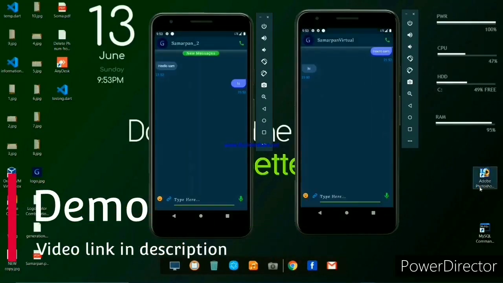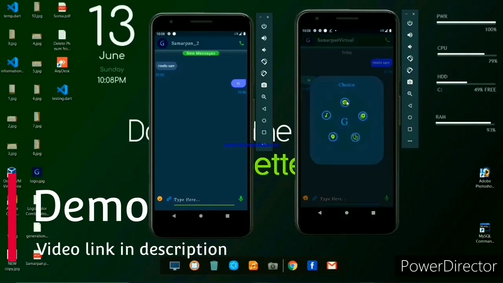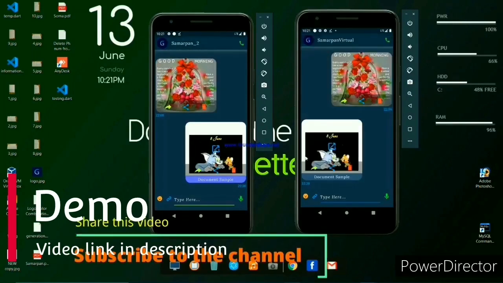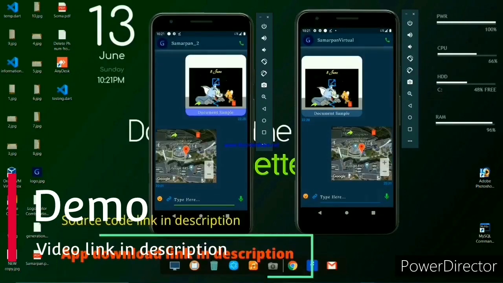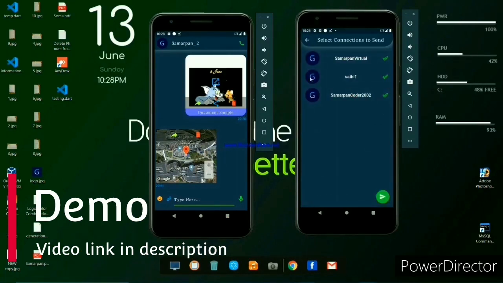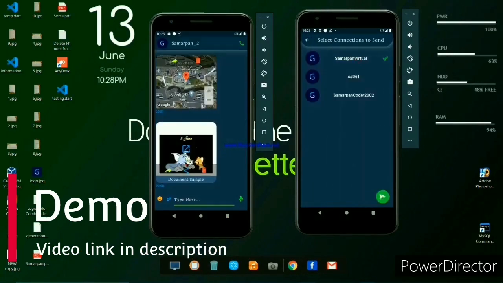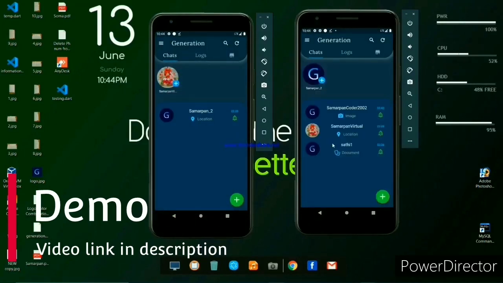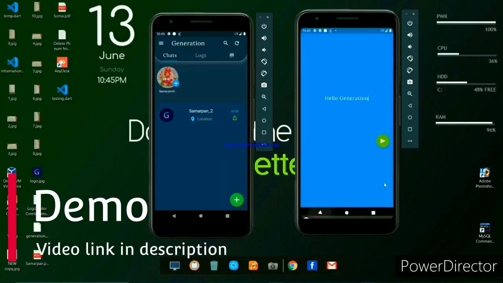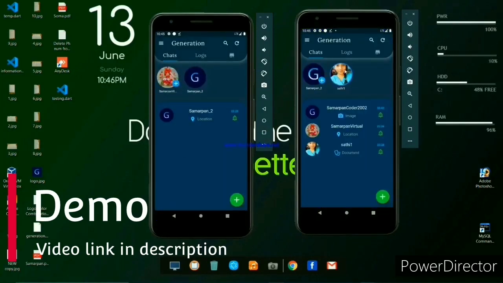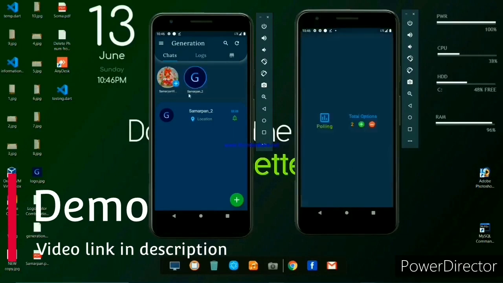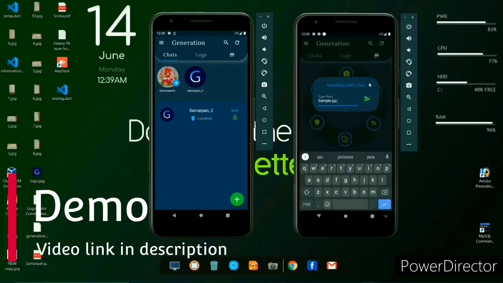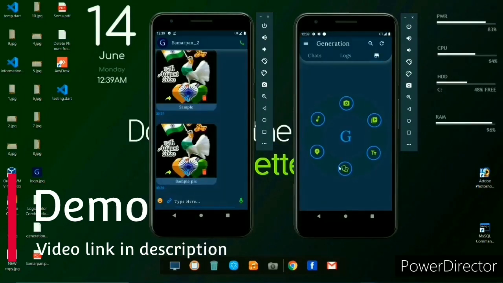Today is part 26 of the Flutter social media chat app generation tutorial 2021. In this video, we are going to see how to load the data from our local devices. As you know, when we open any chat application, the previous conversation messages load at first and then the new messages appear. We are using SQLite to store our conversation messages, so in this video we are going to load those previous conversation messages from our local database, that is SQLite. So without wasting any time, let's get started.